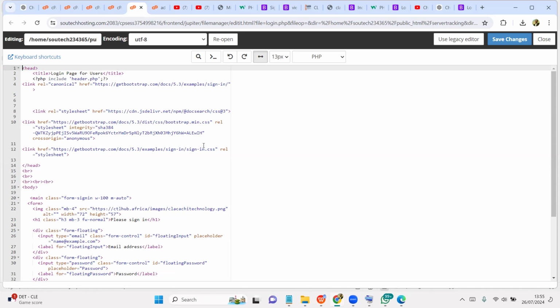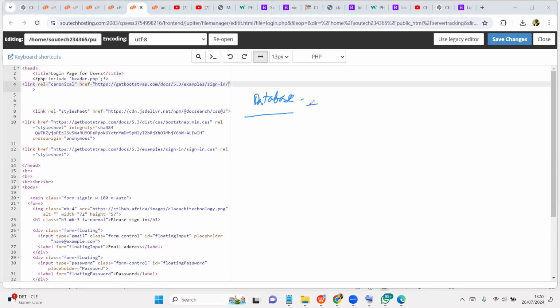So the simple architecture for this application is going to be something like this. We have a database.